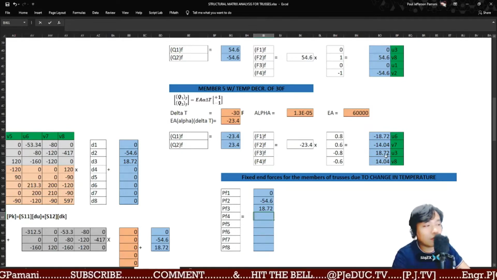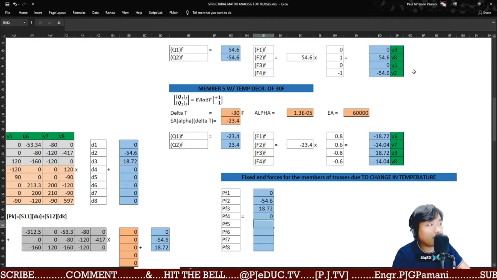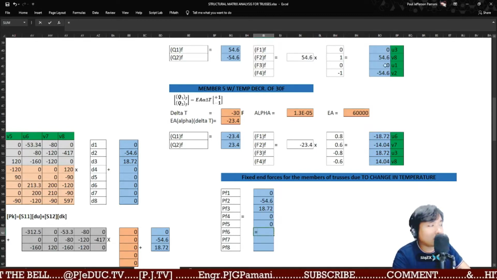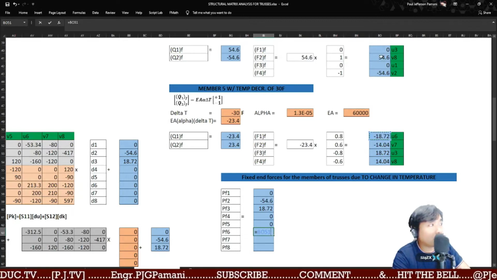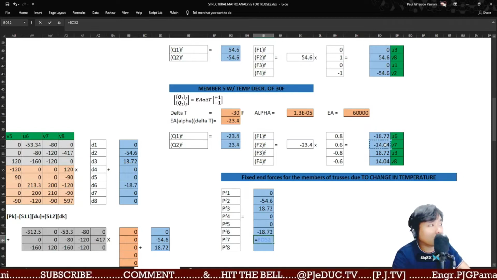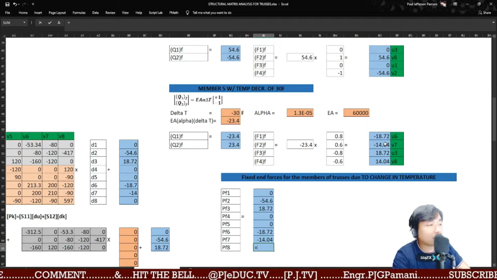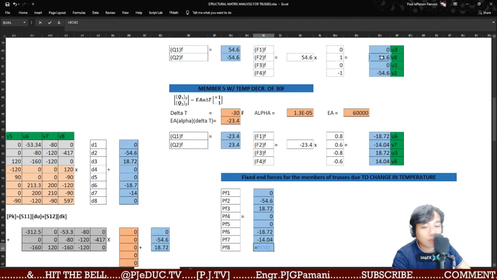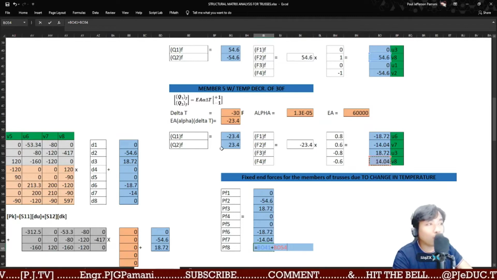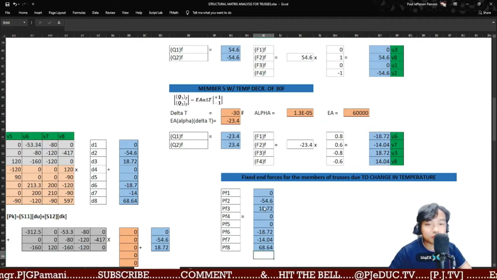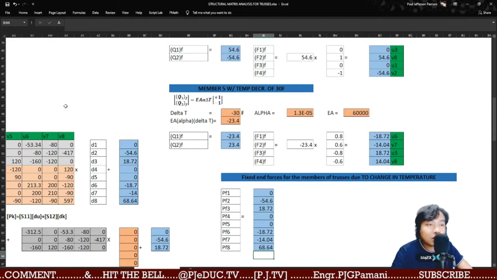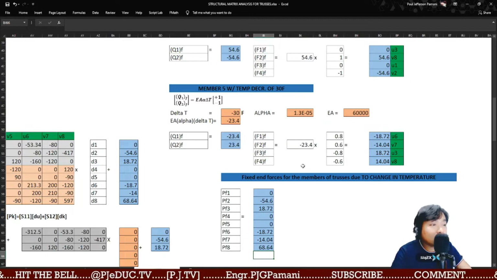Walang 4, so basically that is 0. PF5, wala, so 0. 6. PF6. This one, meron pa bang iba? Wala na. Then, 7. Iisa lang. And lastly, 8. And this one. So, dalawa yung ating V8 between member 2 and member 5. And enter. So, yan na ngayon yung ating additional forces in our structure matrix later on due to the change